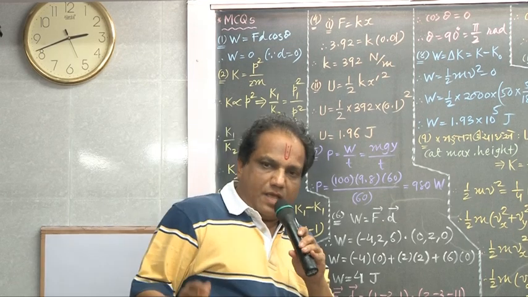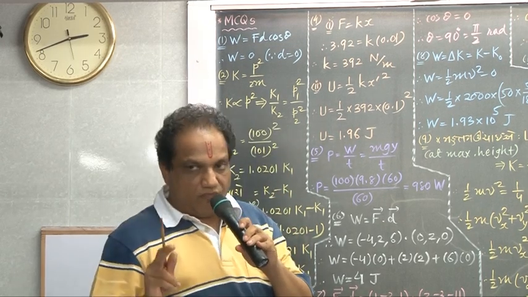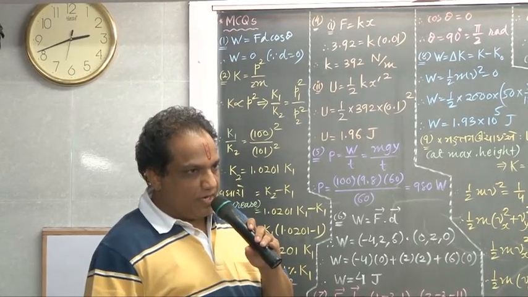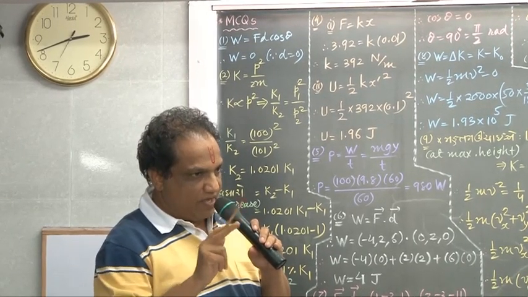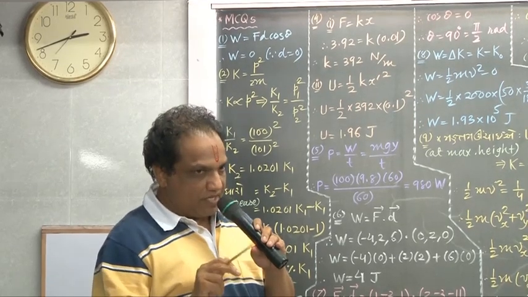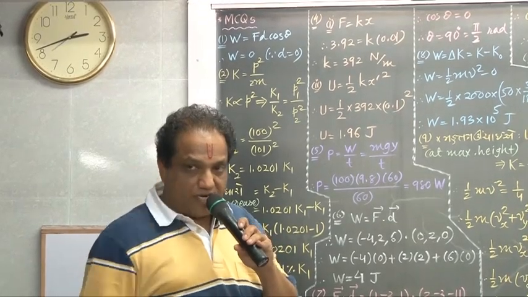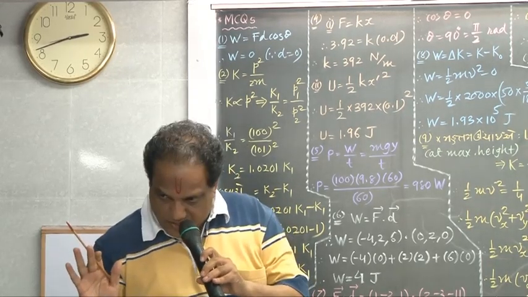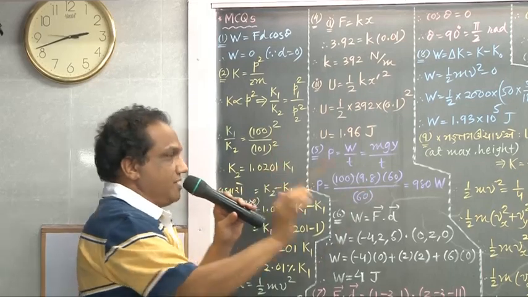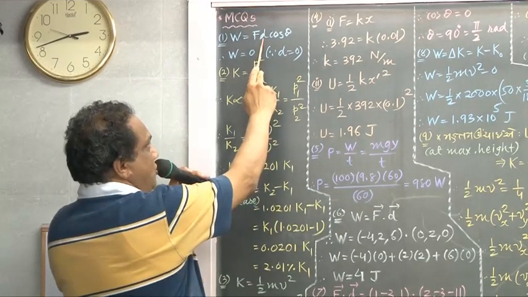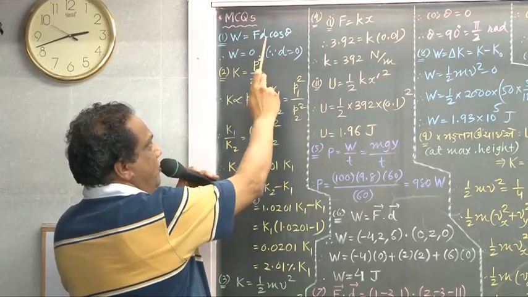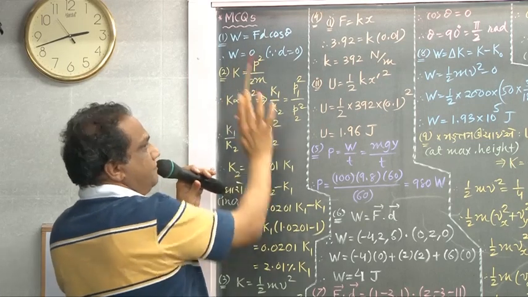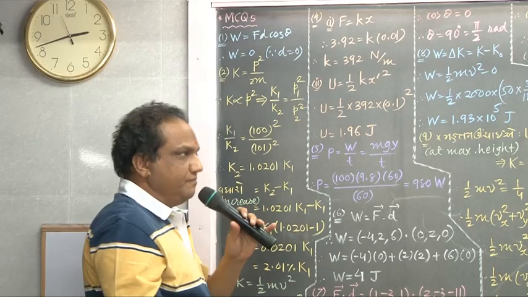Look, everybody knows the formula for work done by a constant force. What is that formula? W equals F cos theta. But here force is exerted on the wall and the wall does not displace. Because the wall does not displace, displacement of the wall is 0, and because d is 0, put it here, then W will be 0. No work is done. Okay? Next.